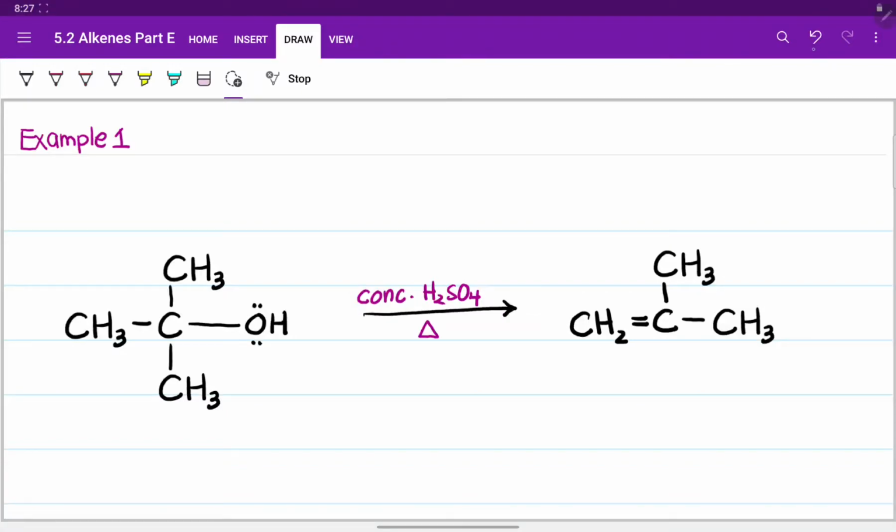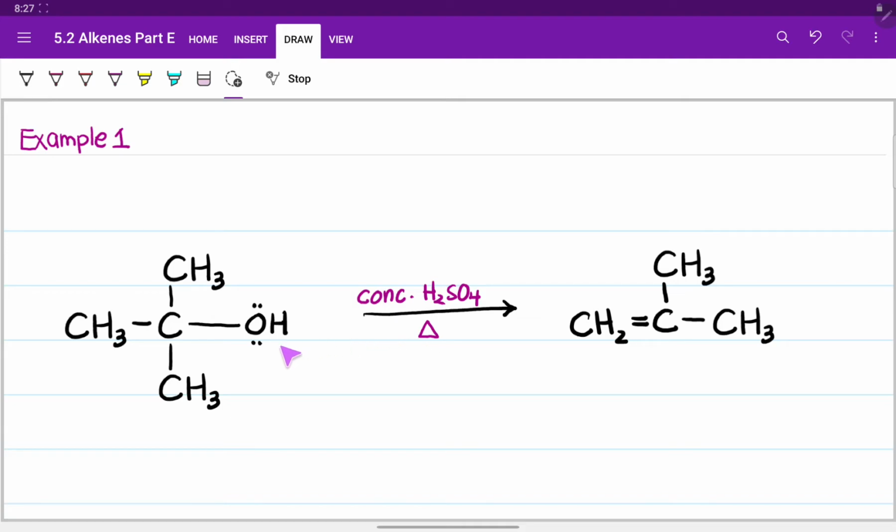So this is example 1 for dehydration of alcohol. Okay, so kita akan tengok sekarang step by step macam mana kita nak tulis mekanisme untuk dehydration of alcohol. So as you know, for dehydration of alcohol, reagent yang kita akan gunakan adalah concentrated H2SO4 and then kita kena